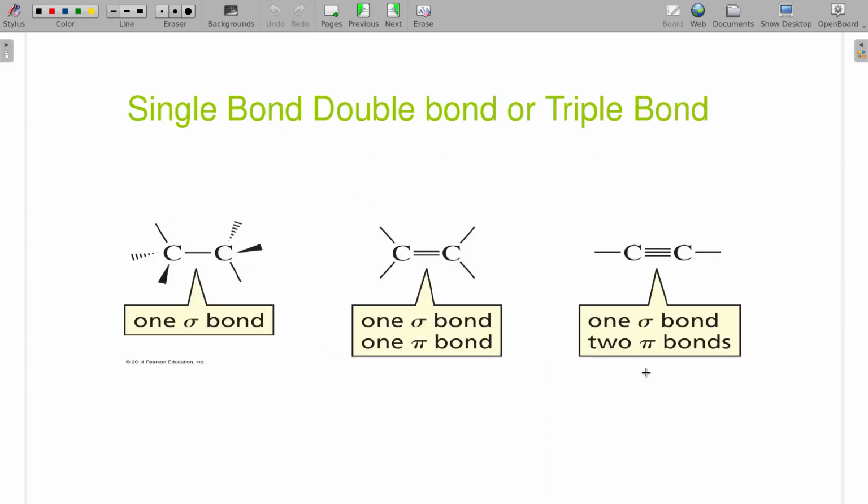And if we look at just a straight Lewis structure, we can always tell how many bonds are sigma and how many bonds are pi's, simply because any single bond, or a single line, is a sigma bond. Any double bond, one of them is a sigma and one of them is a pi. And any triple bond, one's a sigma and the other two are pi's. It always happens that way. You never get a pi bond first.